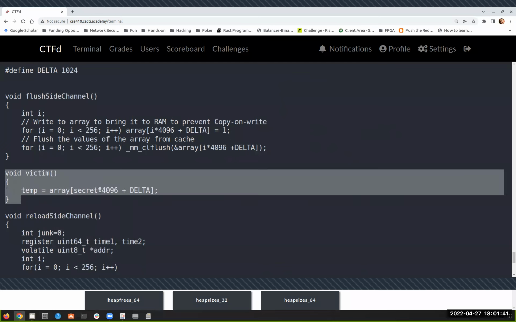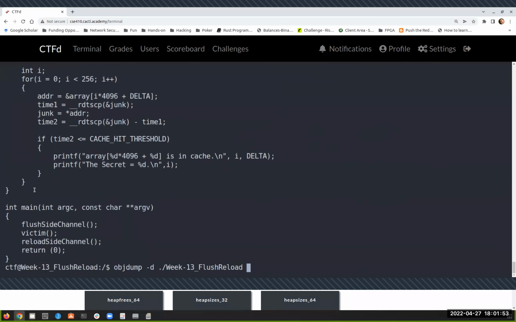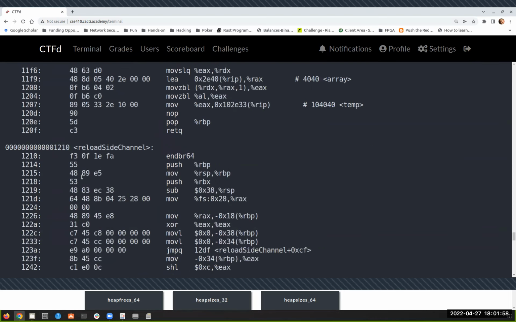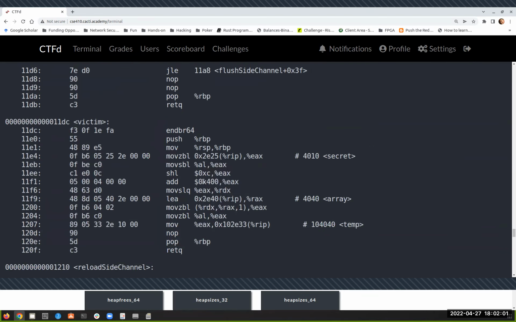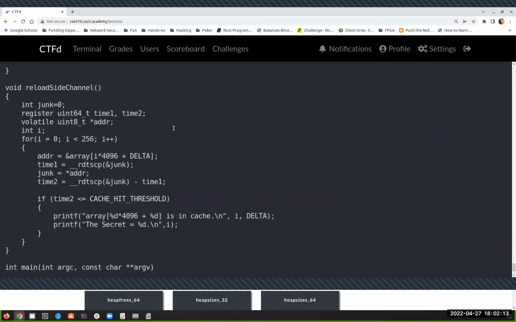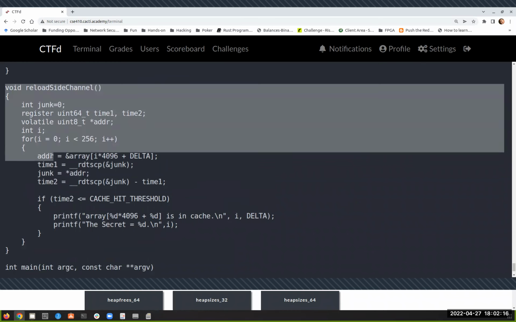Just moving that data from memory to another global variable. By doing that, the CPU needs to access that. We can do that again. You can see this is a victim. One of those moving instructions is actually moving the data from the memory to a register. Then after that, this is the reload part, which the attacker